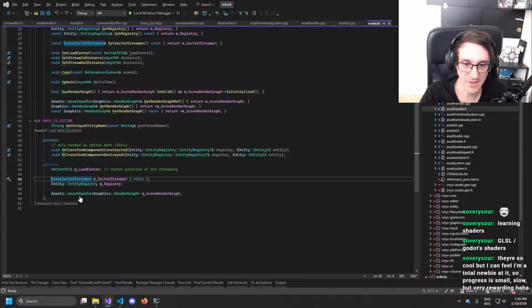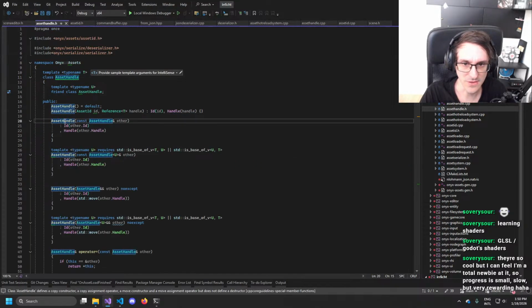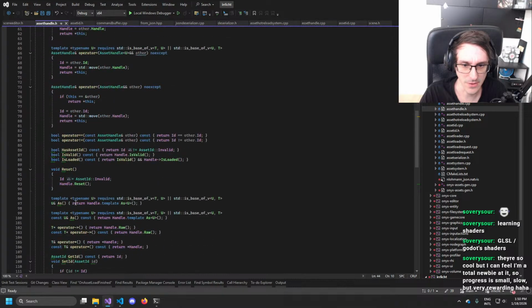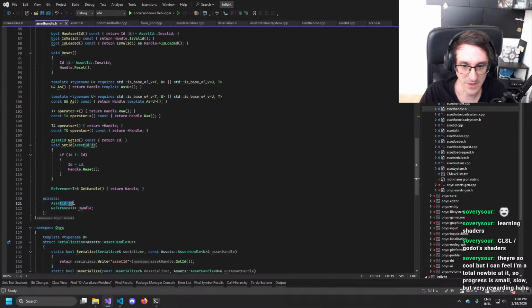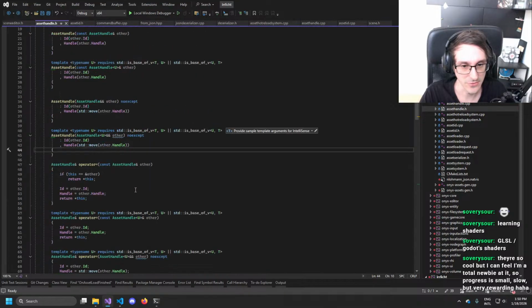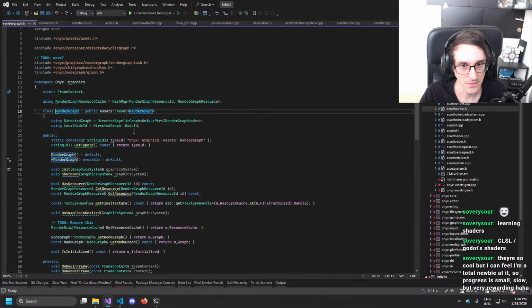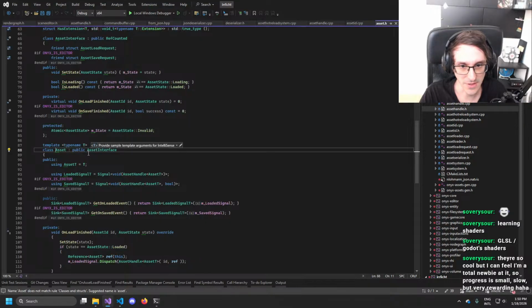Now we have an asset handle, which is basically just a wrapper around an asset ID and a reference. Before that, the asset itself stored the asset ID.